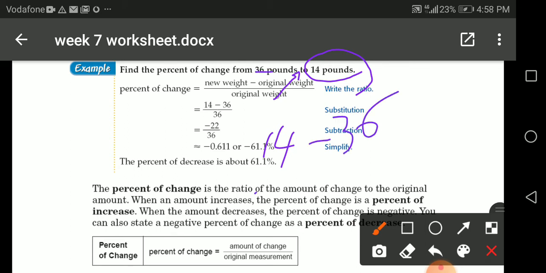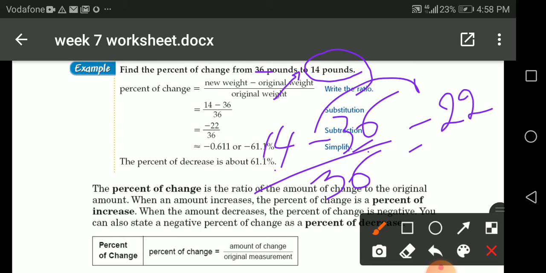The original weight is 36, all over the original weight. We have to do subtraction. The greater number minus the smaller number gives me 22, and we take the sign of the greater number, all over 36. And after simplifying, simplify means divided by the same value,